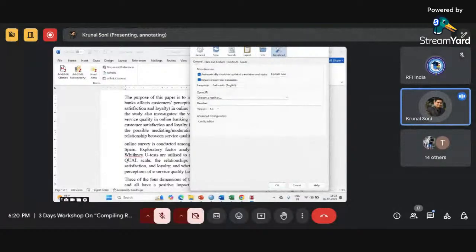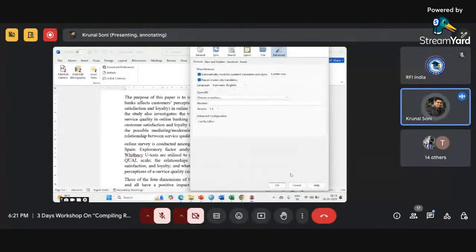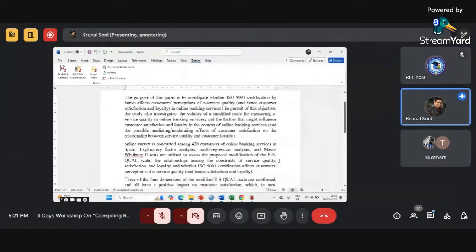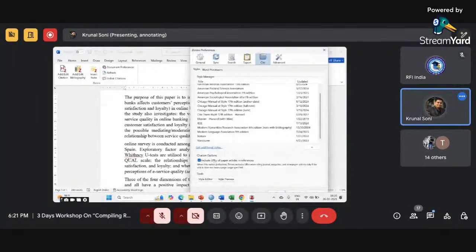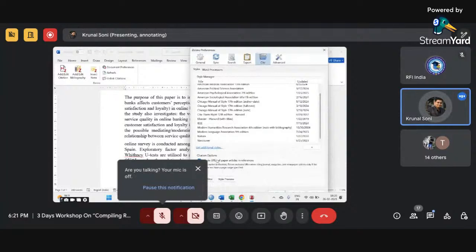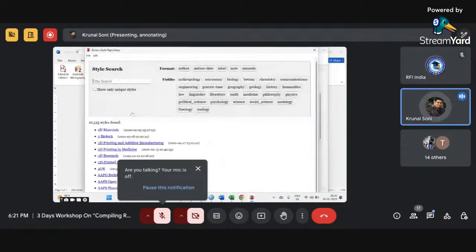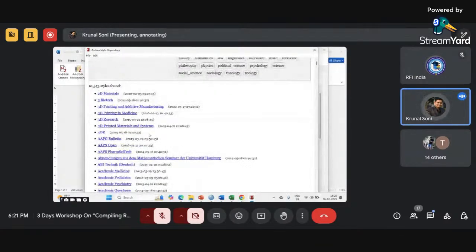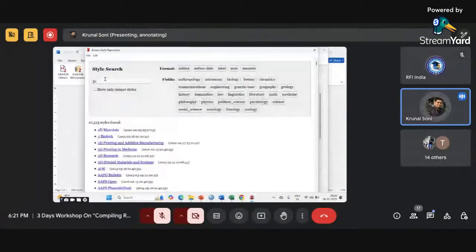Clear? Okay. Right now we were on the journal. Just a minute, we were on manage style. I was telling you that manage style is like this. If you feel that this is not the additional style you want to refer, or you are not completely clear about which style a journal is preferring, you go into this and find out the style that every journal is preferring. So if you are going for, let's say, a journal of